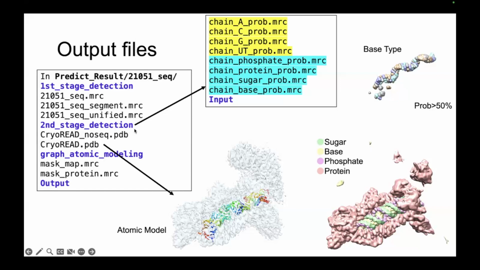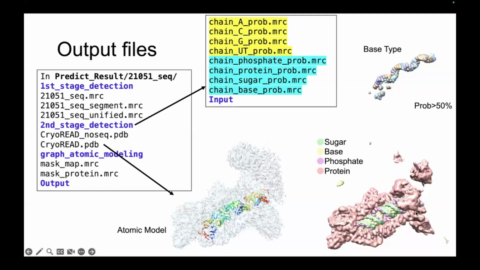Then in the second stage detection directories, there are other files: phosphate probability, protein probability, sugar probability, base probability. These four files show the detected type of the protein or other structures. I visualize them using the 50% probability cutoff.